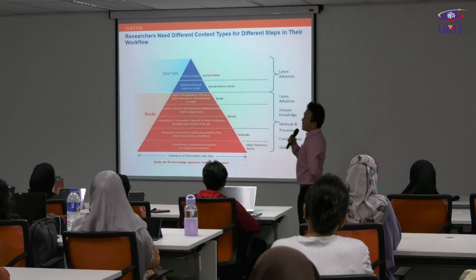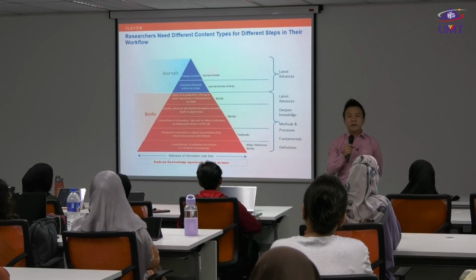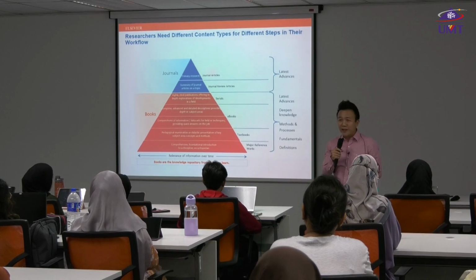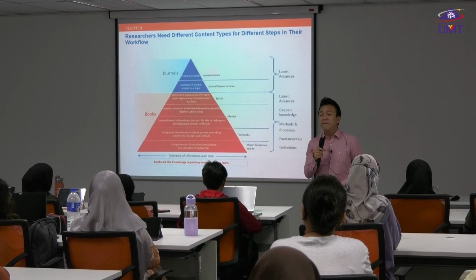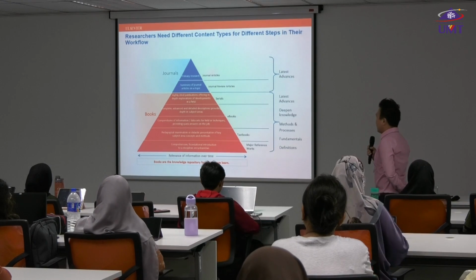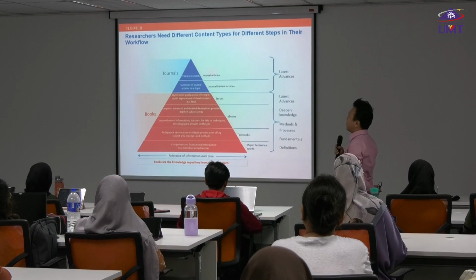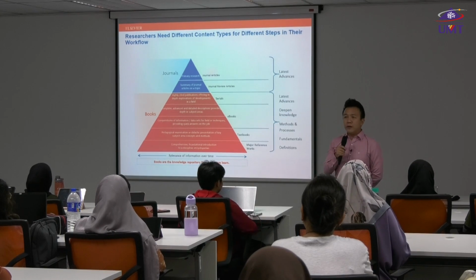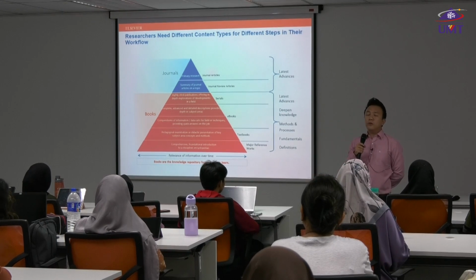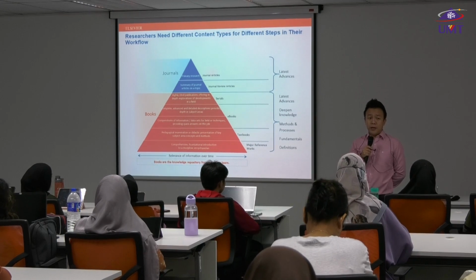So in Elsevier SciDirect, bear in mind, that will be the common perception for all the researchers, be it in Malaysia or outside Malaysia. We not just have articles, we do have books in SciDirect as well. So look at these pyramids. We have different types of books: serials, ebooks, textbooks, major reference works. So for those in undergraduate studies, there are a lot of useful ebooks for you to search in Elsevier SciDirect for your learning purposes, right?